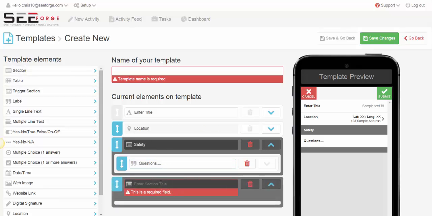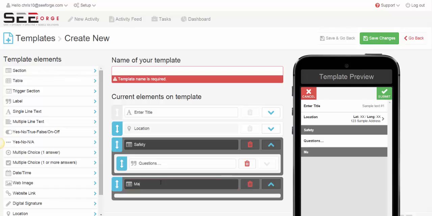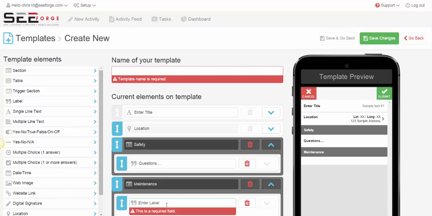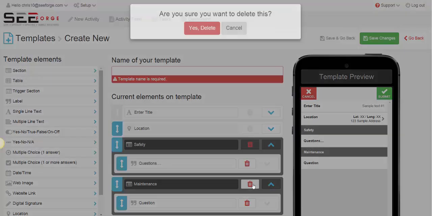Here we can have a maintenance section, with other questions inside here as well. So we can see very easily how this actually works, because now we have safety and all your questions have been here, and it keeps it very nice and tidy. So let's delete these